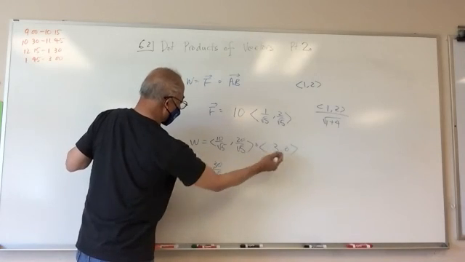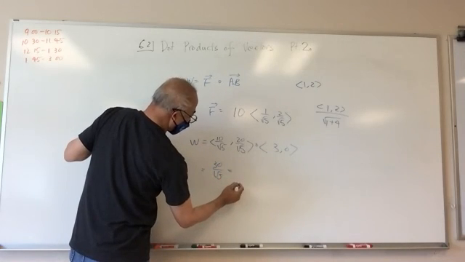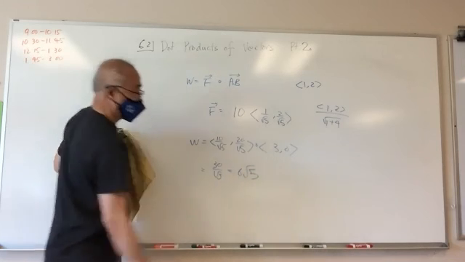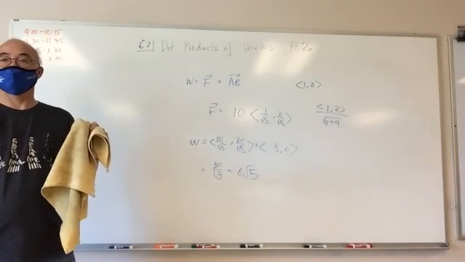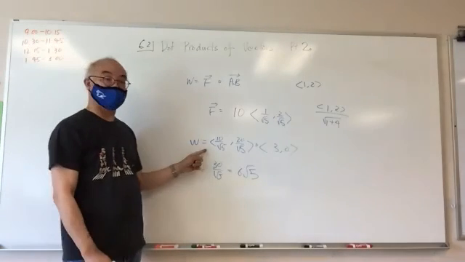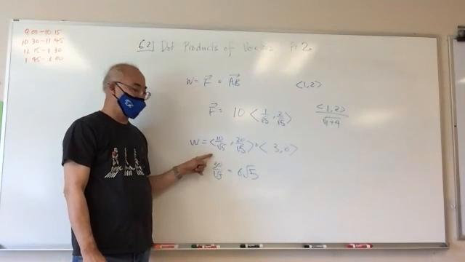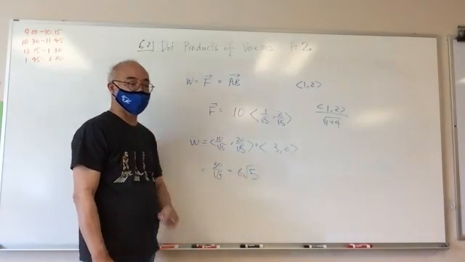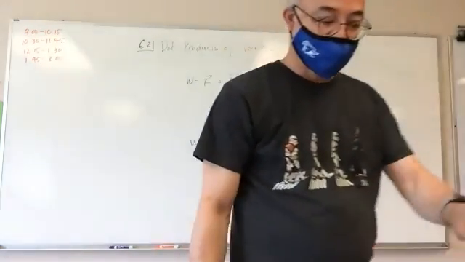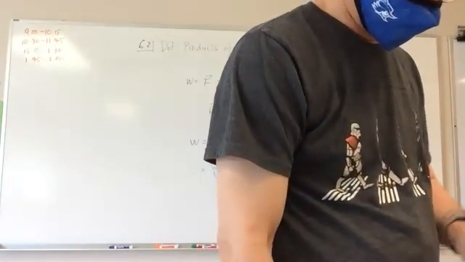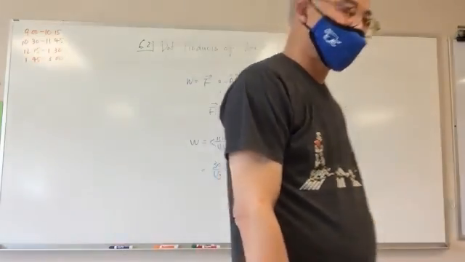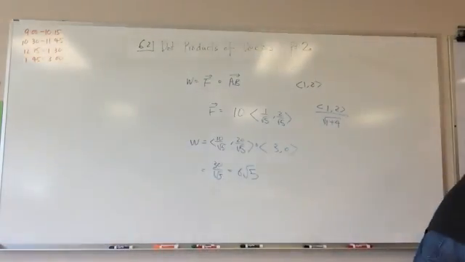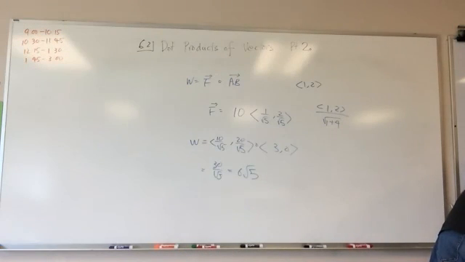This guy is 0. So this is going to be 6 root 5. Everybody see where that's 6 root 5? You multiply top and bottom by root 5, right? Now the bottom 5 and this cancel out to be 6, so 6 root 5. Which is 13.42. And we are done. Now that we are done,